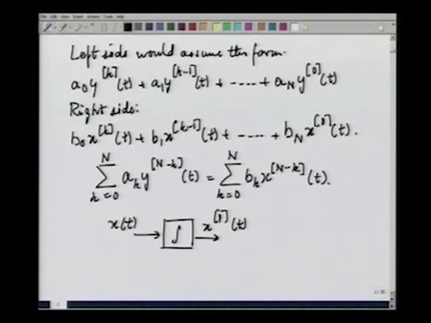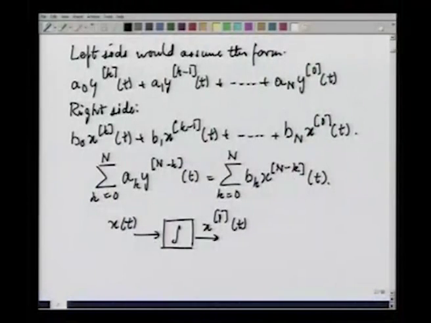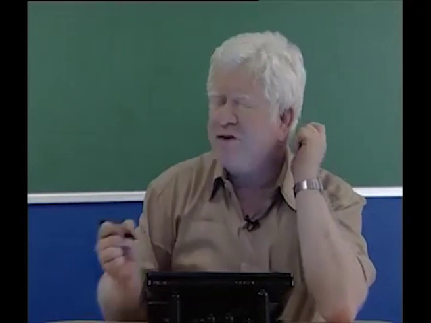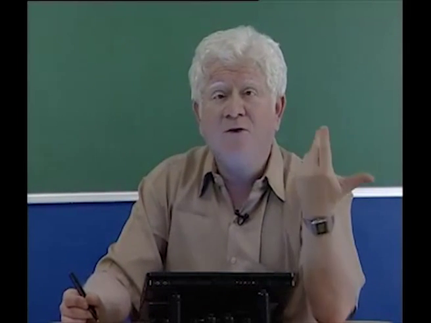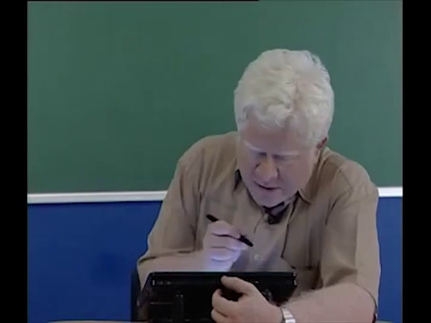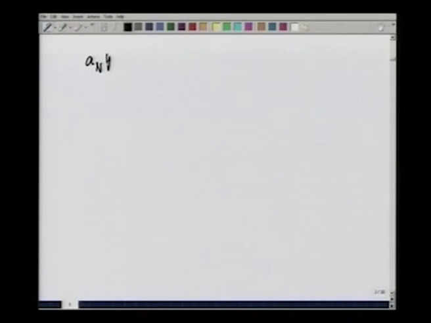Now, with this kind of a block, can we construct an expression for this? Yes, we can. Let us see how. We need to isolate the term corresponding to y of t, because that is the solution, that is what we want. So, how do we do that? The coefficient of y of t was a n. So, you have a n y of t equals